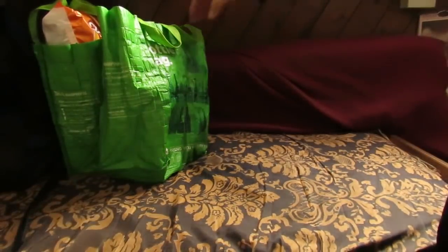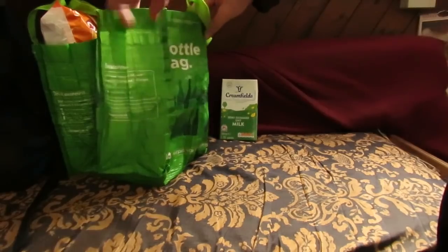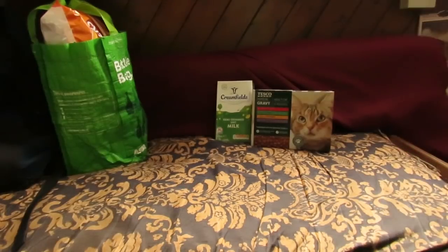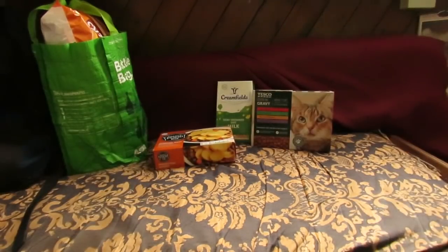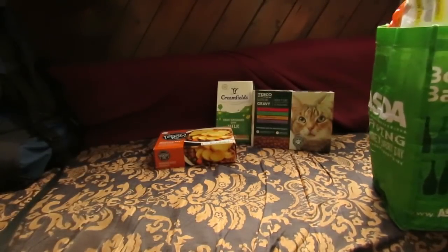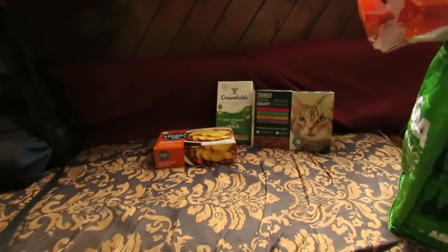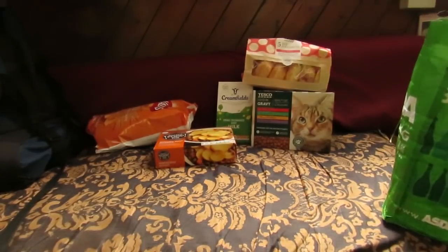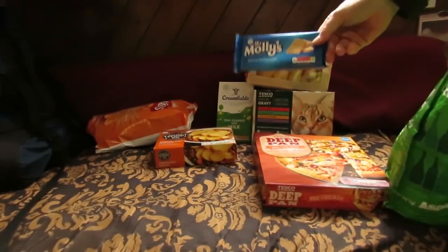Let's see what I've bought. Milk. Mustn't forget cat food. They're on the cheap stuff. Ready meal. What else have I got here? Reduced multi-pack of crisps. Donuts. Cheap pizza, cheap chocolate,